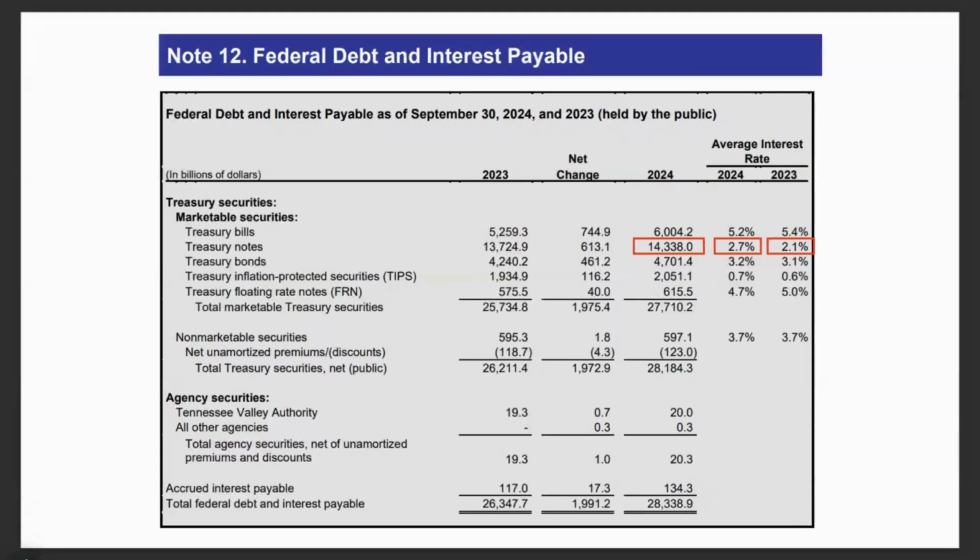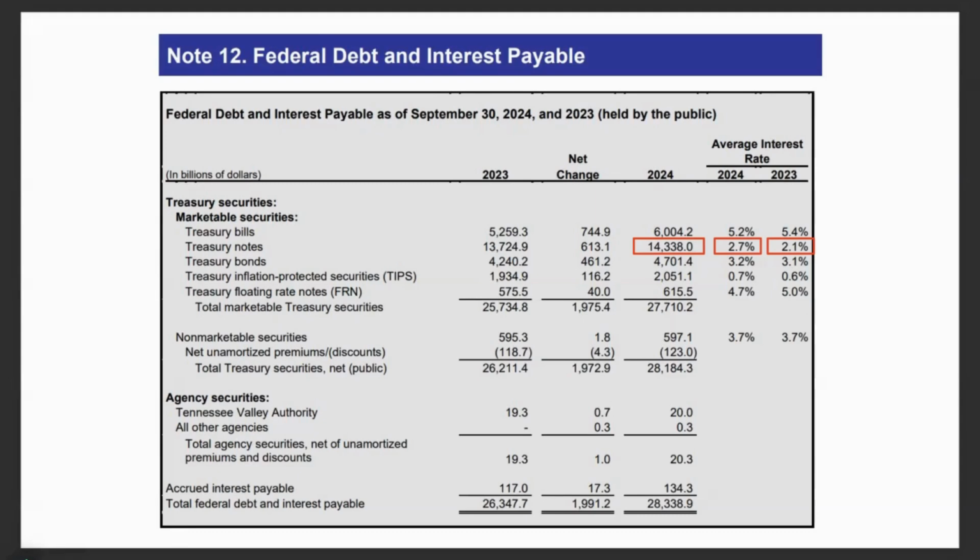There's many different kinds, but the three major ones are Treasury bills, those notes that are under 1 year in maturity, Treasury notes, those that are bonds 2 to 10 years in maturity, and Treasury bonds, which are those over 10 years maturity. And you can see in 2024 that most of the federal debt was in 2 to 10 year Treasury notes,